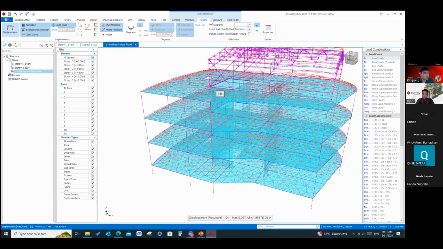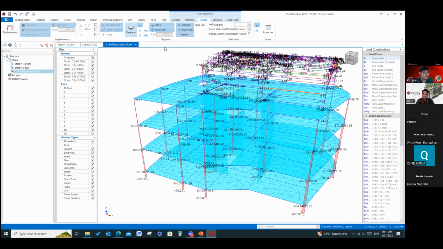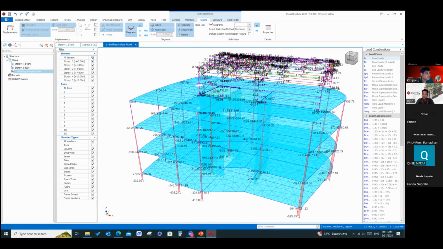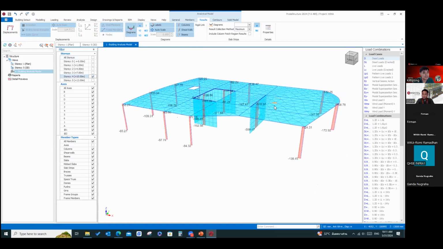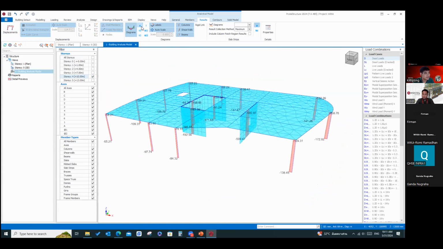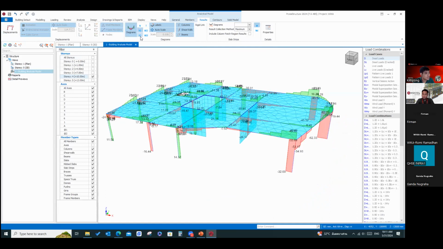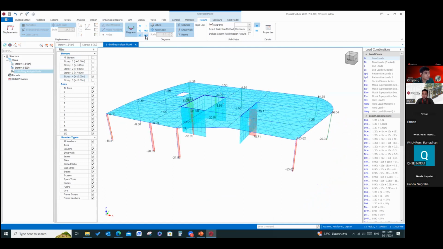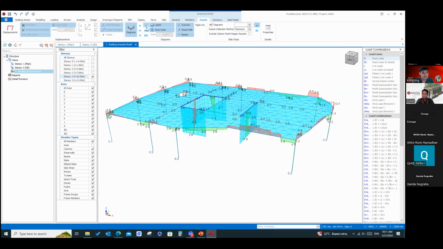Okay, you can check all the forces in the member like this. Let's try just one story. See, you can check the normal load, the shear, the moment, and the torsion, right?